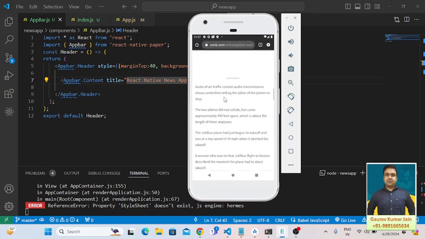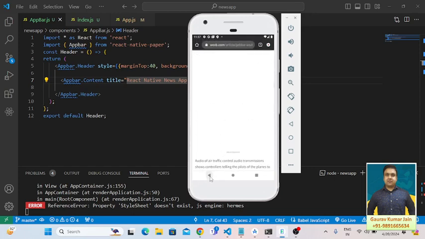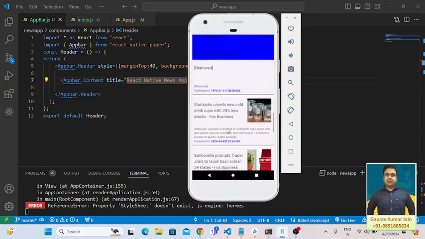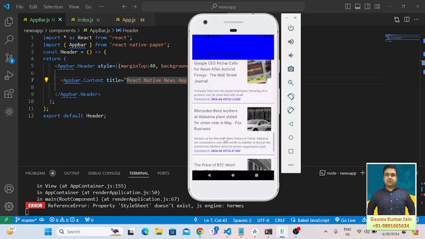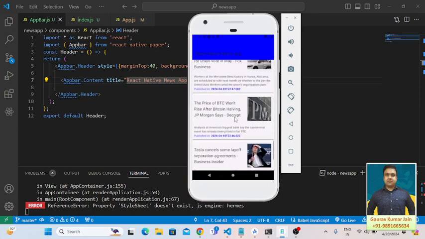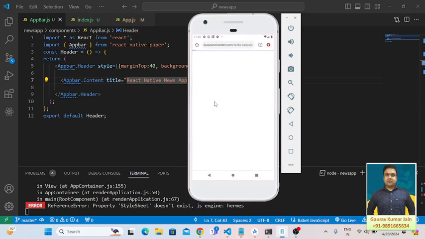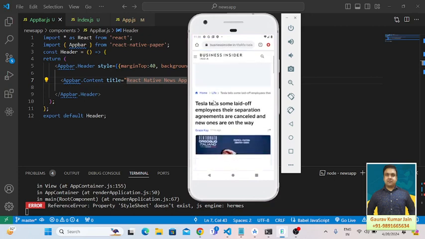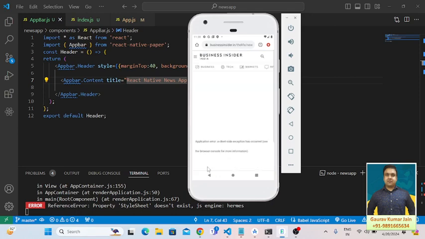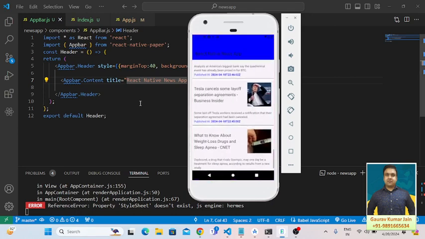Then if he wants to go back and see the other news, he can do it like this by clicking the back button. He will come back to this page, and here he can again view the news by clicking the article he wants to get more information about. Right, now let me go back and